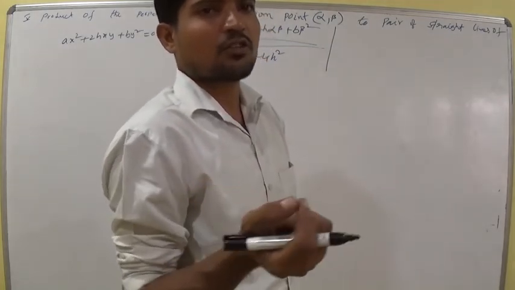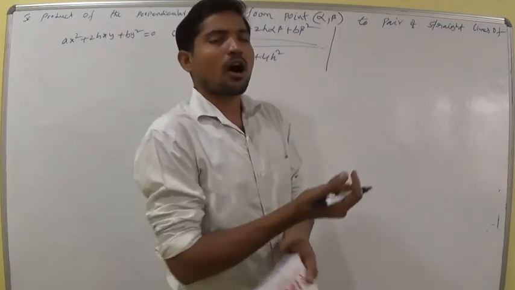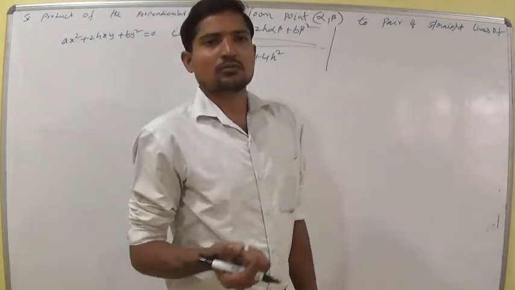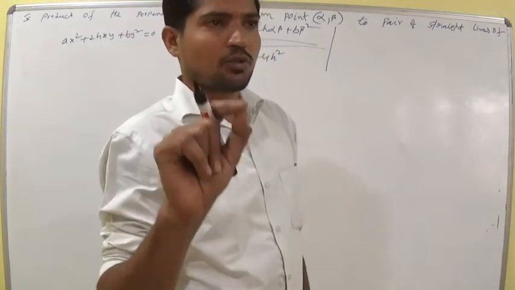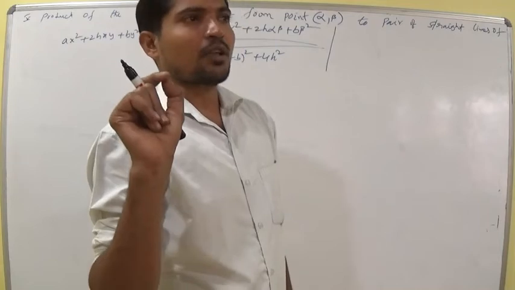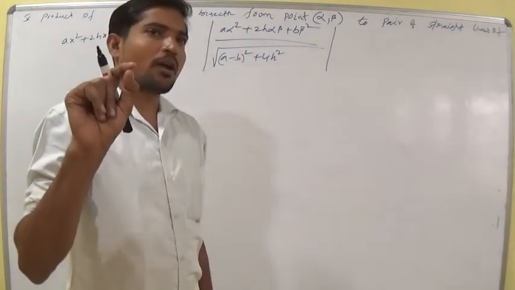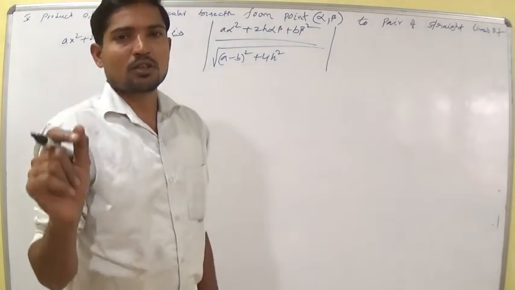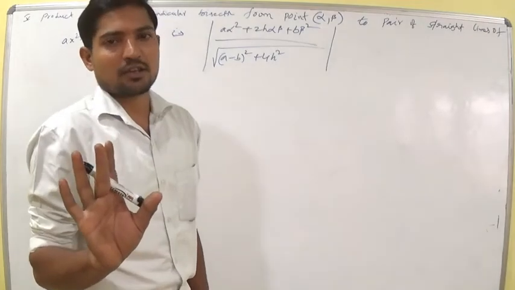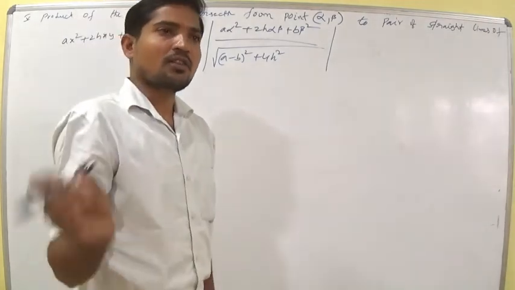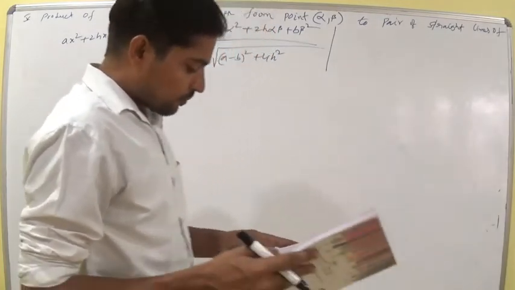I mean to say A equal to (x1, y1), B is equal to (x2, y2), C is equal to (x3, y3). The area is the modulus of x1 into (y2 minus y3) plus x2 into (y3 minus y1) plus x3 into (y1 minus y2), all under modulus. So compute it and we can get the value of the area of the triangle. Like that we can solve if they ask you the area of a triangle. Now